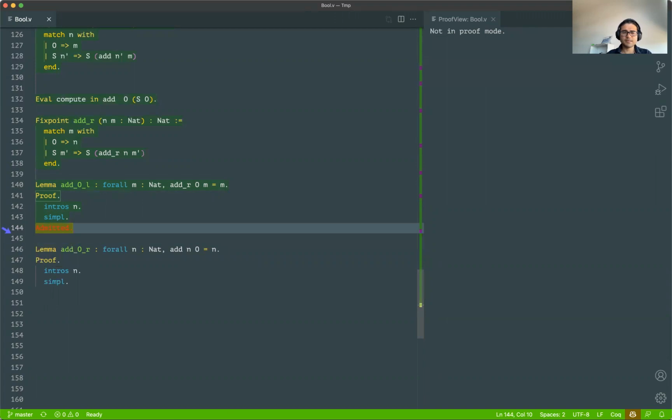So let me admit this. Admitted is a keyword where you tell the Coq theorem prover that, believe me, this theorem is true, and I'll come and prove it later. However, we should be very careful with admitted, because